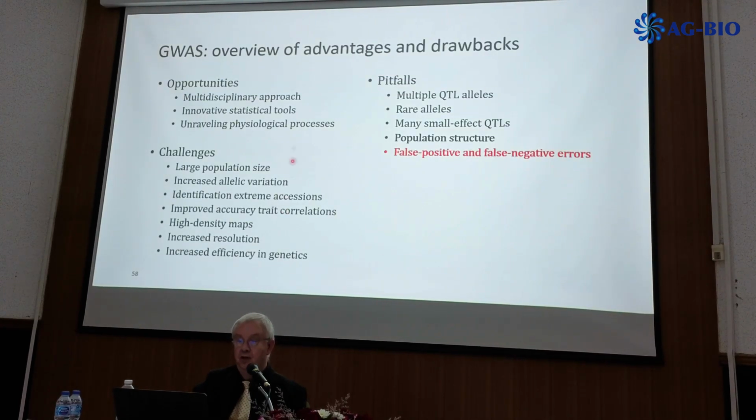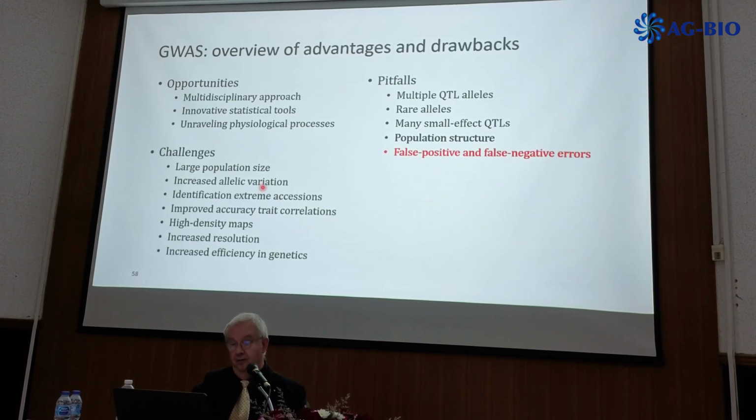So I'm going to mention a couple of advantages, and probably in your version I converted them to opportunities and challenges. I think it makes sense first to stand still with the opportunities of GWAS. It is a multidisciplinary approach in which you use a lot of statistical computer power and a lot of information, sequence information, and it can unravel physiological processes. But the challenge is you need a large population size. You need increased allelic variation. That's why you make these